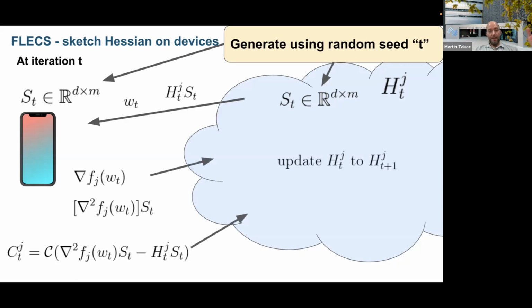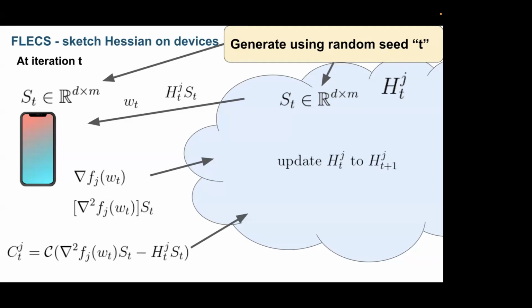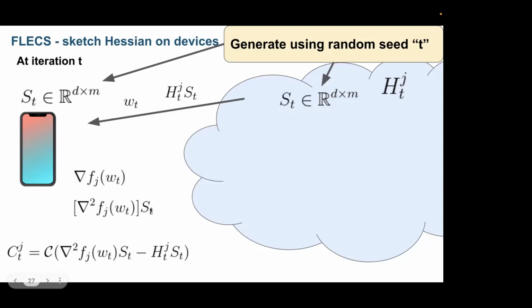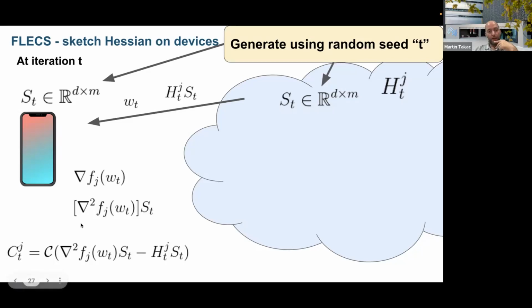Okay, so basically, understand. Yeah, any question? So yeah, this computation, I mean, in the last equation, C_t^j, it happens in the server, right? No, this is still happening on the worker. Again, the worker computes the gradient, computes the Hessian times S, which is basically the sketch. Always think about S to be just one column. On the worker, right? Yeah, I got it. So this is what he computes on the worker.